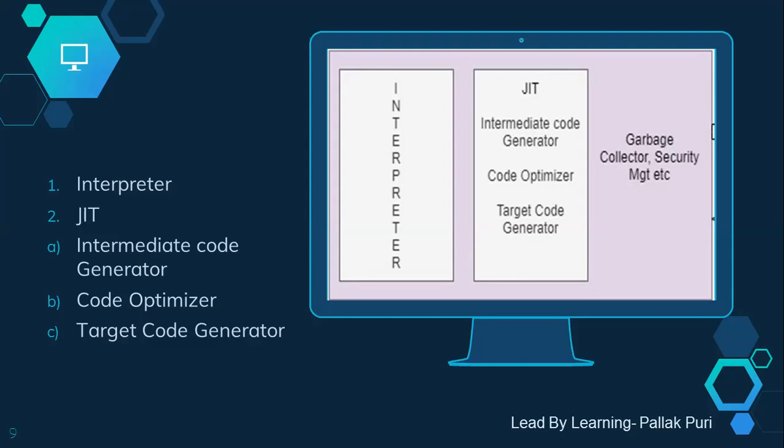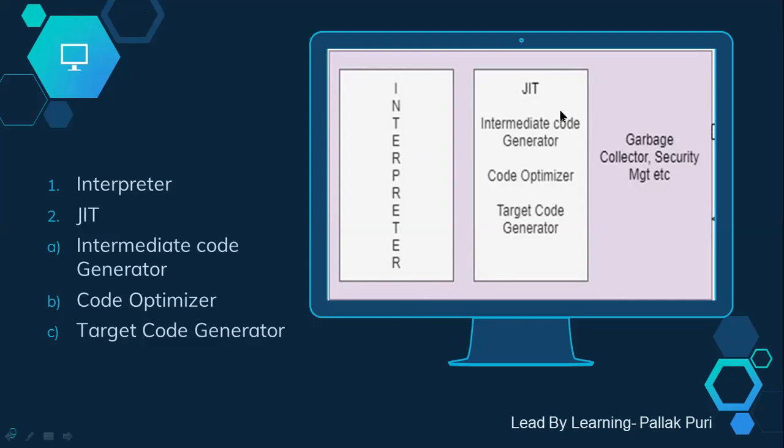So who is responsible to do this activity? The answer is JIT compiler. So the problem that occurred in the interpreter has been overcome in the JIT compiler, because the interpreter interprets code line by line, and if I want to use a method again and again, then I need to interpret that method again and again. So there should be a mechanism which says that just compile once and execute the machine code or execute the code. So for that purpose, we have JIT compiler.